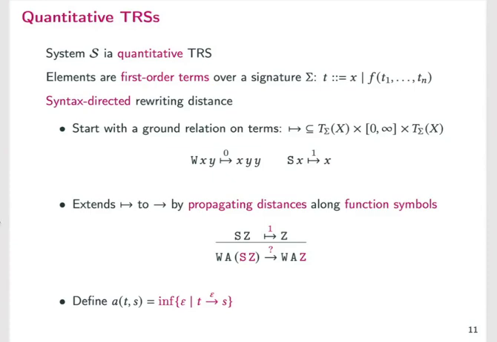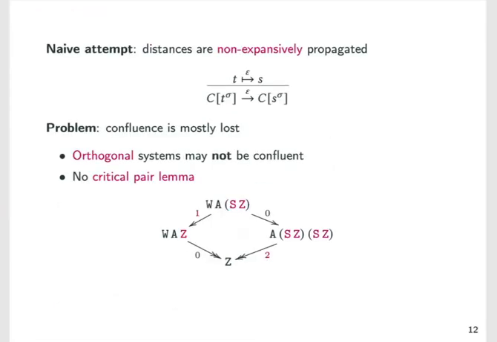Now, as I said, we have not really looked into point 2 so far. We have just contented ourselves with showing what is point 1, and we assume point 3, but we have not seen anything about point 2. And the reason is that this point turns out to be quite delicate. And in fact, if we proceed naively, for instance, and just mimic what happens in traditional rewriting, then we may say, well, distances are not propagated, which essentially means that if I have a ground reduction from T to S with distance epsilon, or with error epsilon, and I perform the same reduction inside a bigger term, then the distance, the error, remains the same.